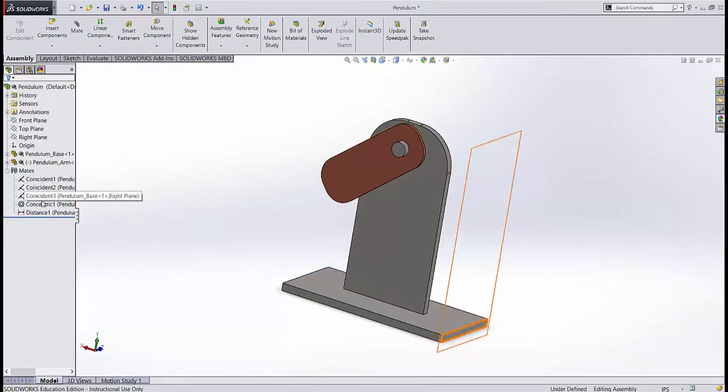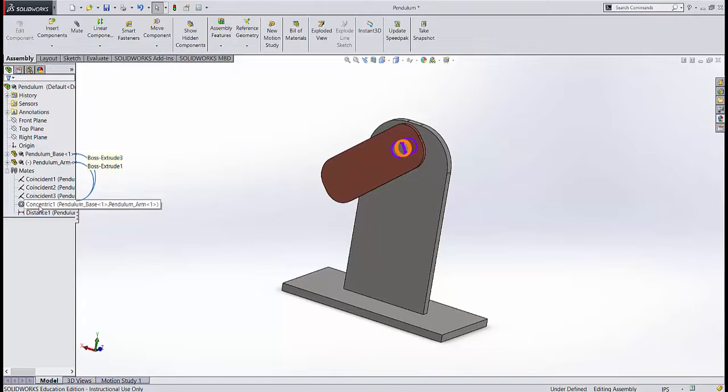Further exploration of the mates will reveal that the motion of the arm is restricted by a concentric mate and a distance mate relative to the pendulum base. In other words, the pendulum arm is fully constrained with the exception of rotation. We can use what's called a position mate in order to temporarily align the pendulum arm in an initial position of our choosing. We can do so by going to Mate,